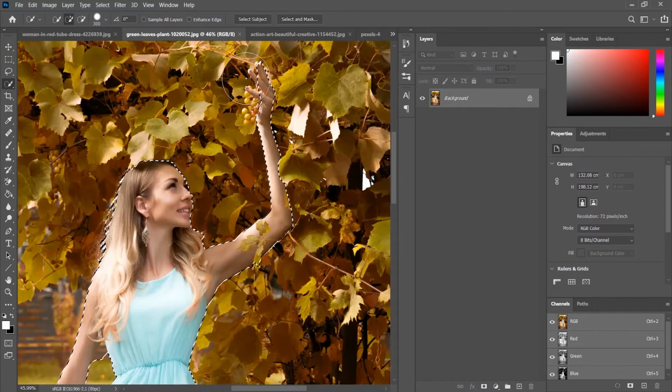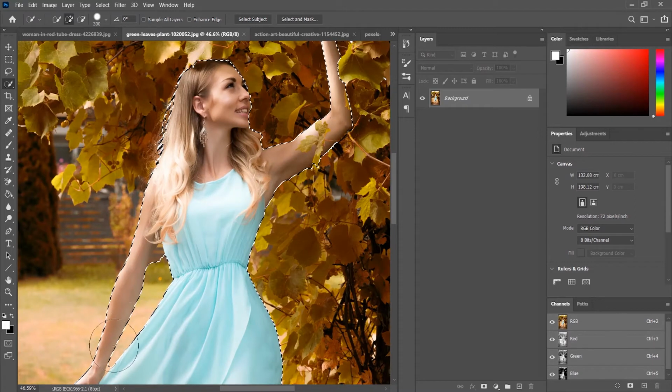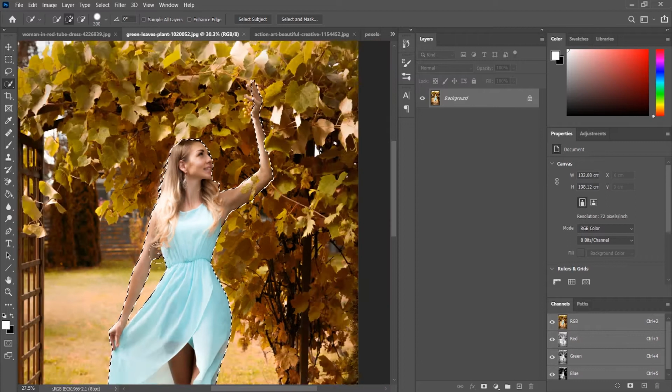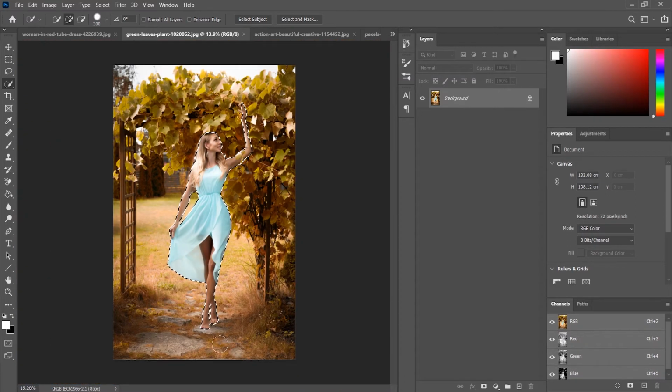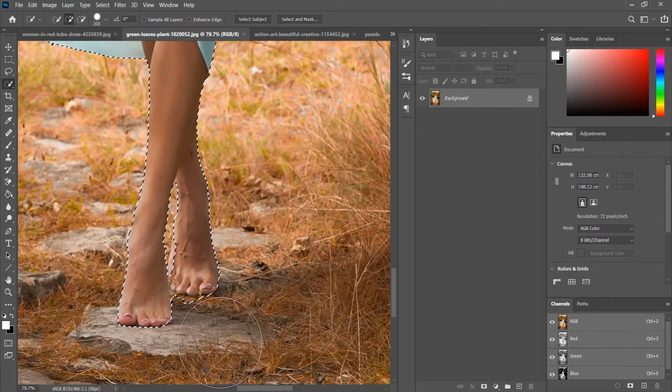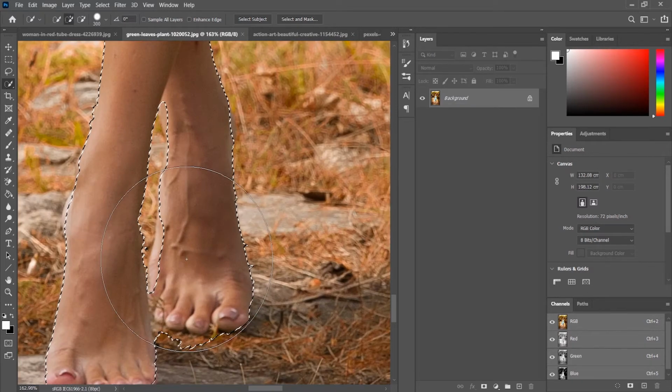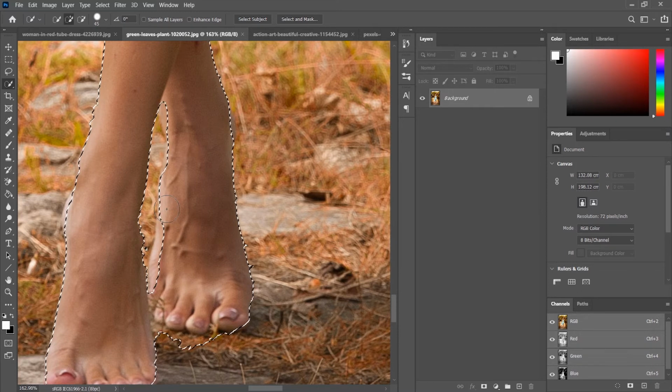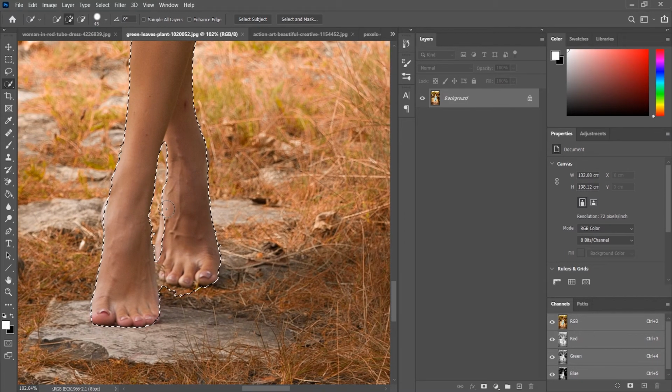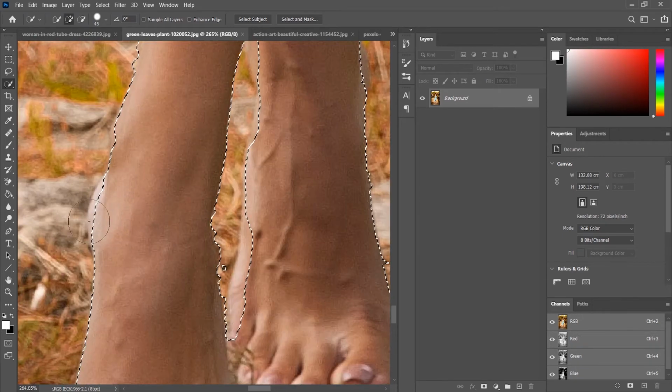So the fingers, okay, and just a little bit more selection here is left out, and as you can see, this part is not that clear. The edge was not detected properly, and same here as well. So the Photoshop also struggled in this image, and I have to say it's kind of okayish. So time for our next image.